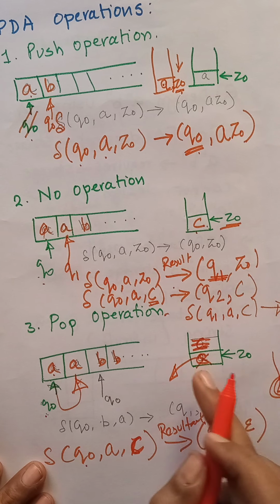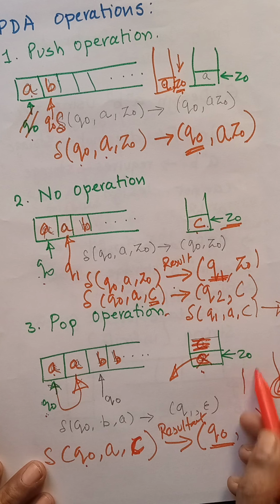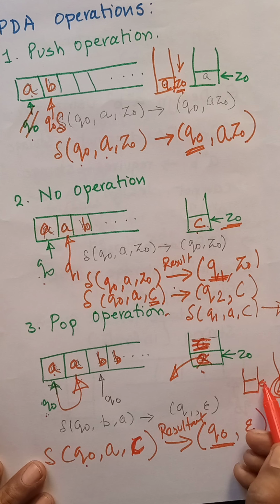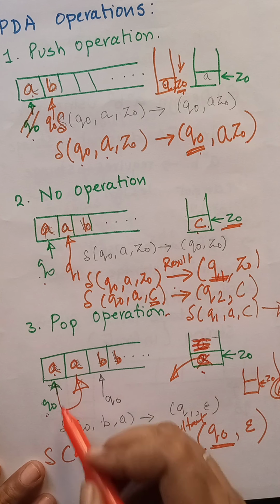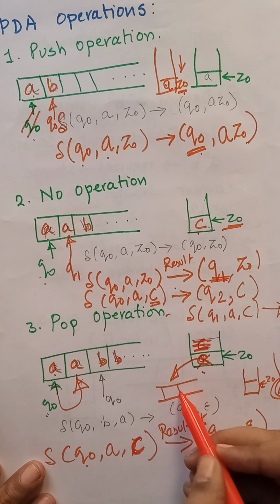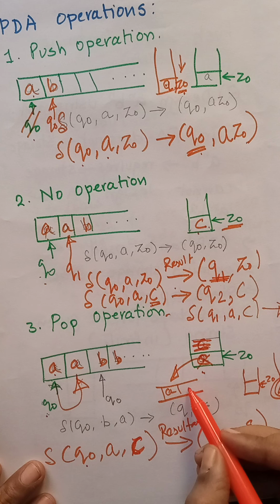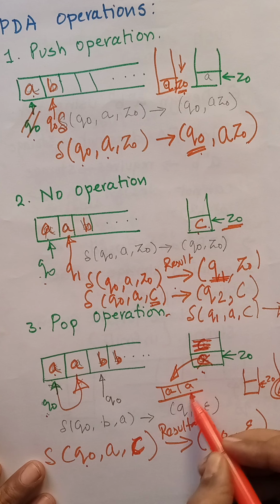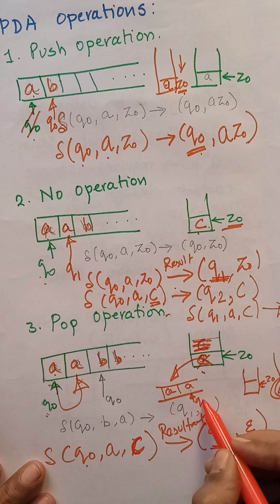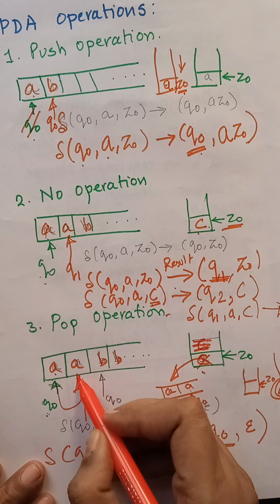Similarly for this one that we had already discussed, after the pop operation, how will the stack look? As we are containing only a single c, after the pop out operation, the stack top will be represented only by the z0 without any element. Here your tape, which was previously pointing to a, will point to the next a, with the resultant state that we have taken as q0. So that means it has pointed here.